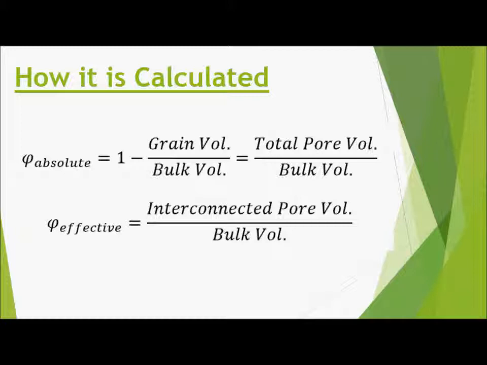These voids occur between grains in the rock, whose sizes and distributions can affect the ease of fluid flow within a rock depending on the isolation of the channels in the rock due to grain cementation. There are many various types of porosity, but the two main types that are calculated are absolute and effective. Absolute porosity, which is our first equation here, is a measure of all the void space contained within the rock. The bulk volume of the rock is the sum of the pore volume plus the grain volume,